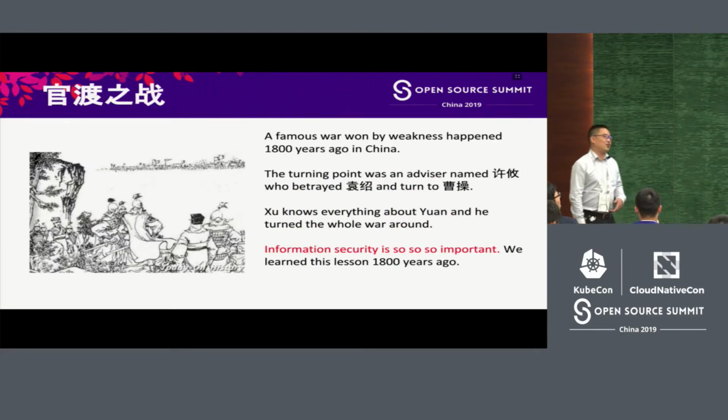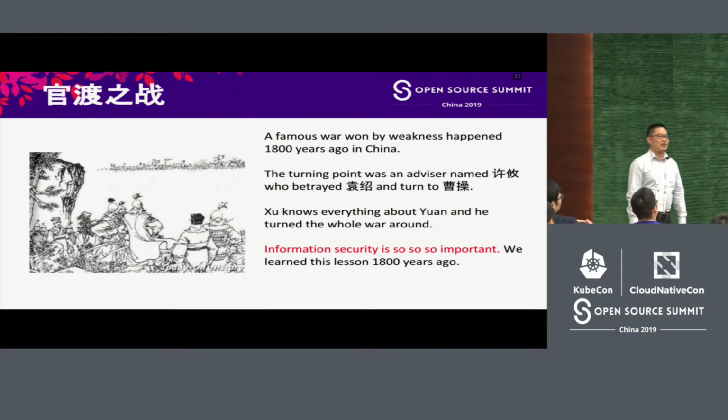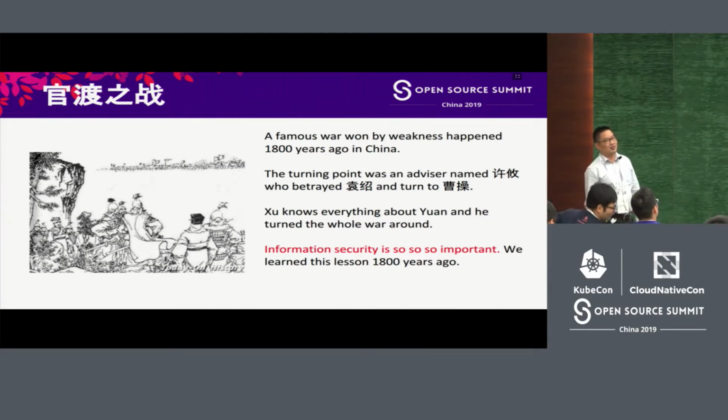And before all of these, I'd like to talk about a tiny story. Around 1.8 thousand years ago, by the end of the Eastern Han Dynasty, we had this main battle determining the fate of Northern China, the Guandu battle. Cao Cao defeated Yuan Shao, a major warlord, turning over a new chapter of history.